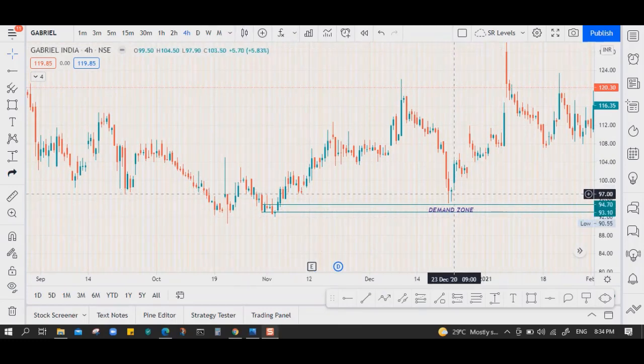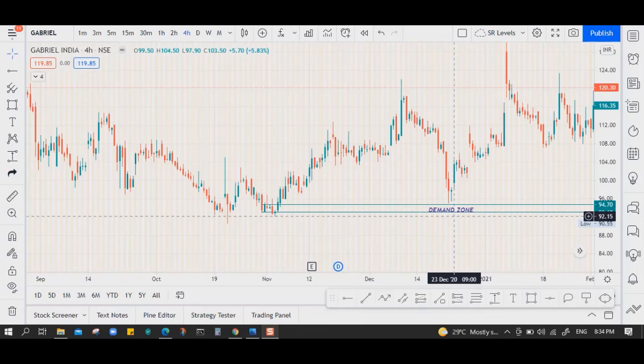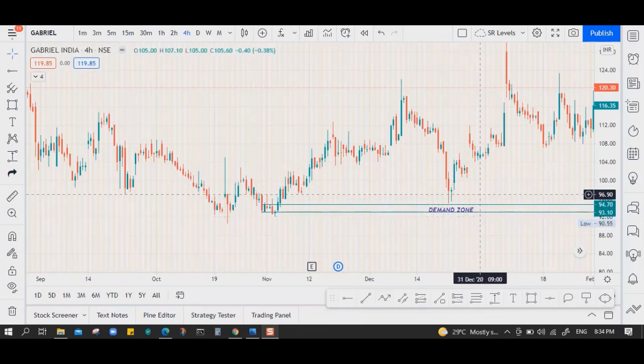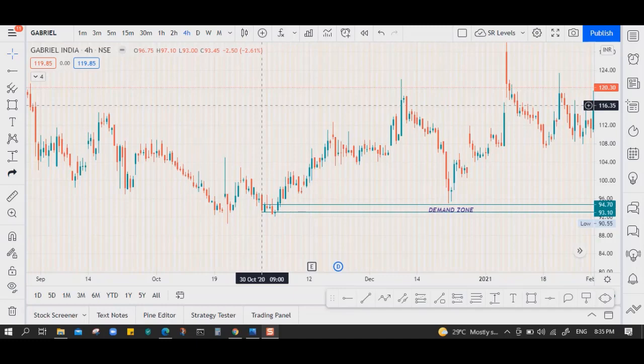And for entry, we can place our entry at the close of this pin bar. Okay, and the stop loss will be below the wick or below this demand zone. And the profit target can be 1:2 or 1:4 or whatever. It depends on your risk management. The goal from this example is only to help you learn how to draw demand zones using a piercing pattern as a basing candle.